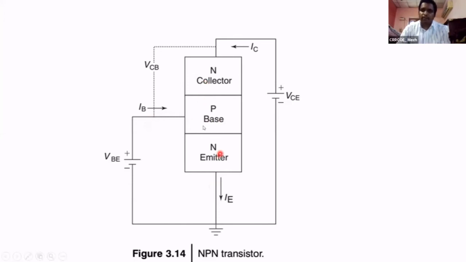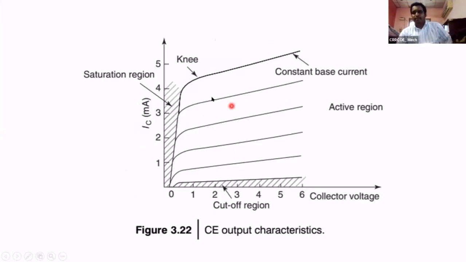You know, emitter current is equal to base current plus collector current. If base current decreases, what will happen? IC increases slightly because the increase of VCE means an increase of VCB. Because these two are connected in reverse bias, the width of the base region reduces, and that reduces IB. IE is equal to IB plus IC. If IB reduces, IC increases. In the previous case it is horizontal, now it is slanted because of that. IC is increased slightly because of VCB. This is called common emitter configuration.